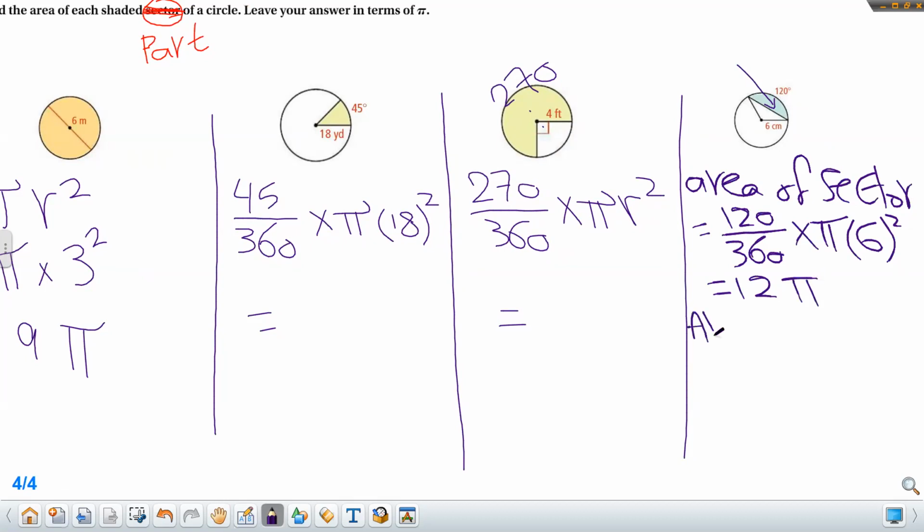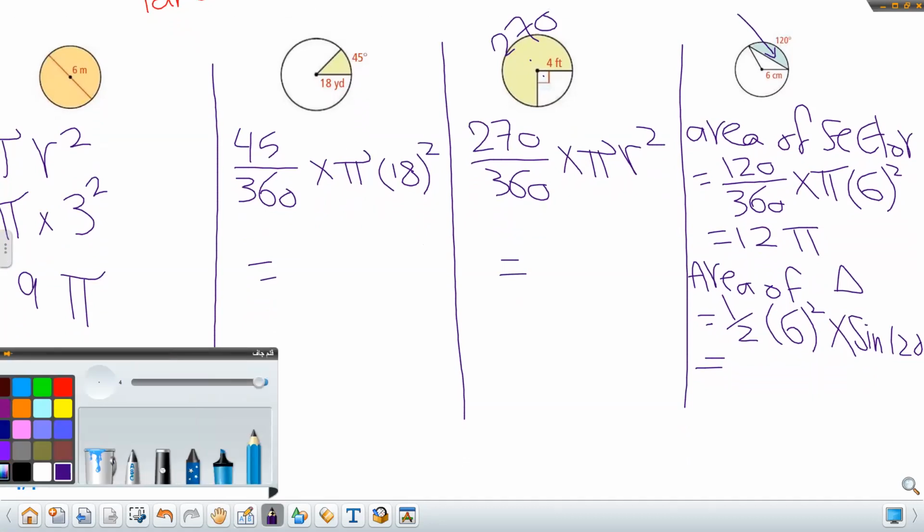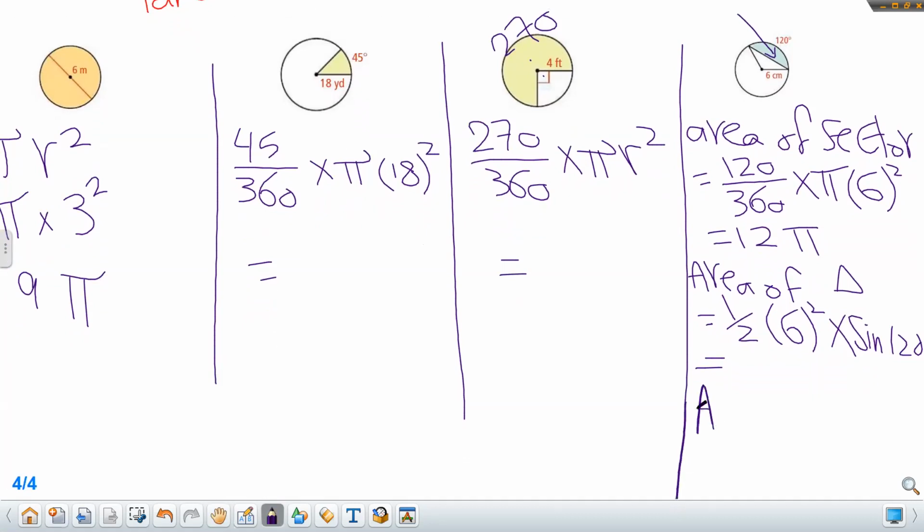Then find the area of the triangle. The area of a triangle equals half r squared times the sine of the included angle. So here the area of the triangle equals half times 6 squared times sine 120. Then you can evaluate it. Okay. After you calculate it, you can find the area of the segment by subtraction, the area of the sector minus the area of the triangle, to find the area of the